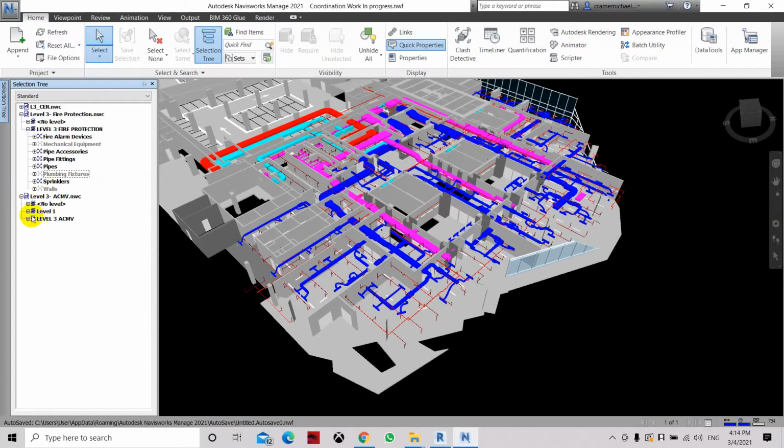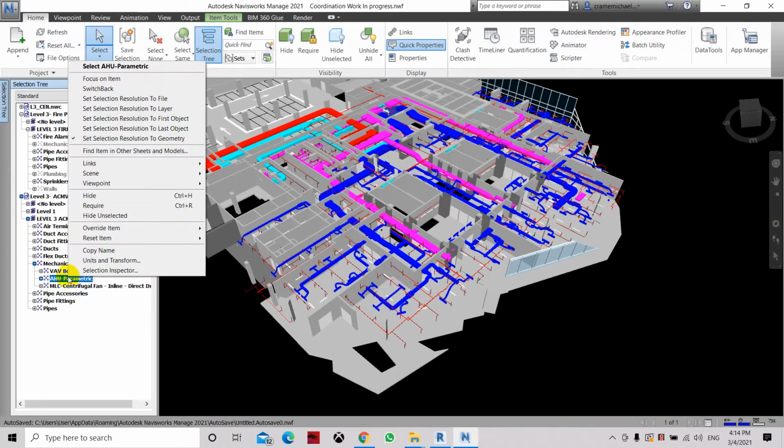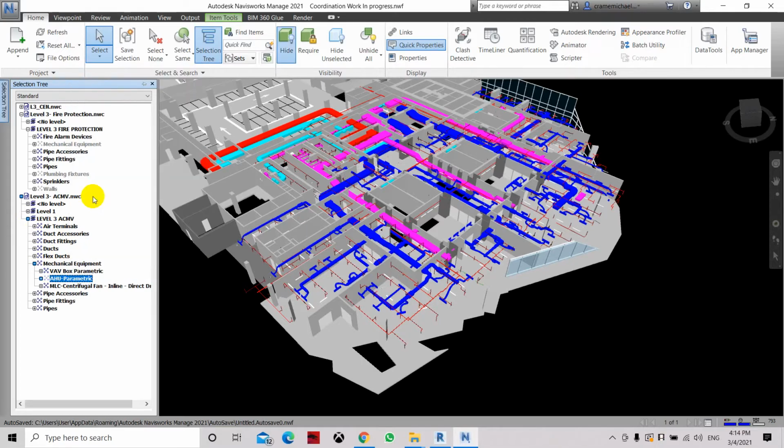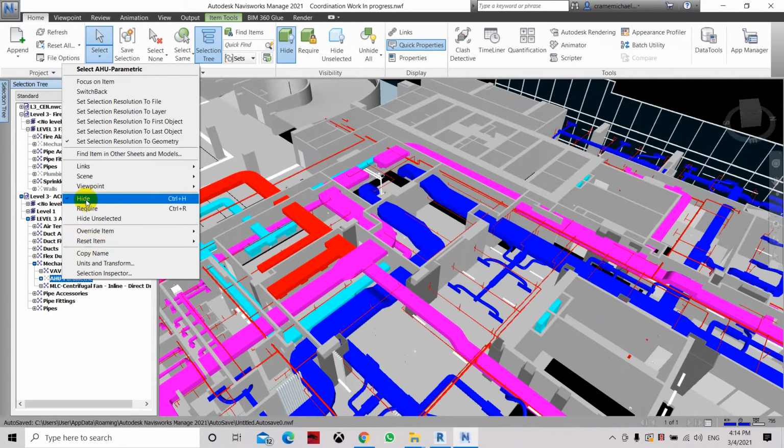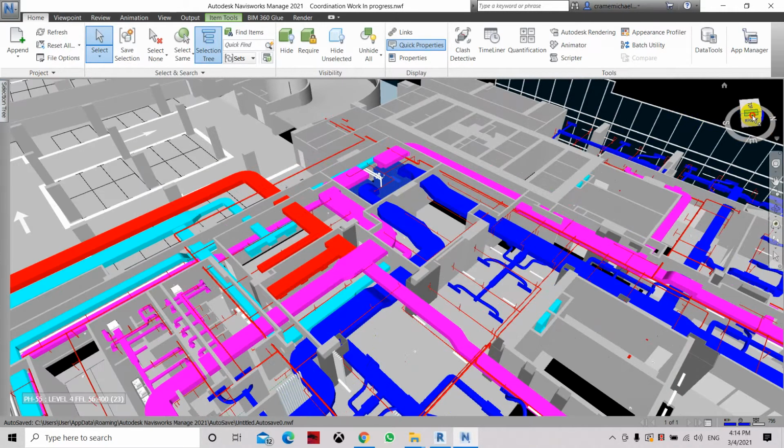Here let's say I want to hide the ducts or mechanical equipment, I want to hide that unit, just hide it. If you see the equipment there, it's already hidden. If you want to go item by item, you can actually hide it